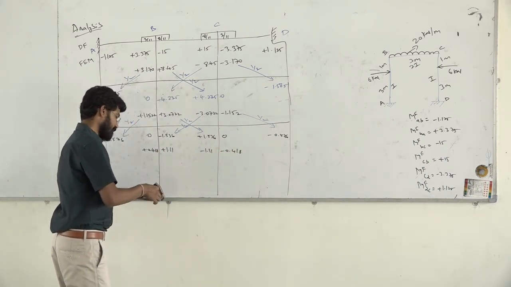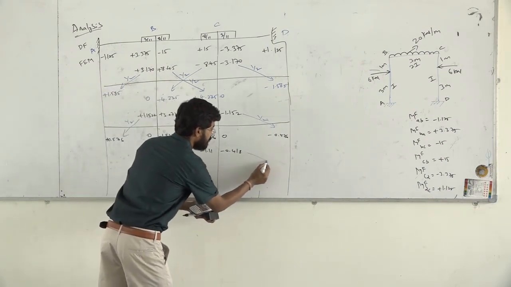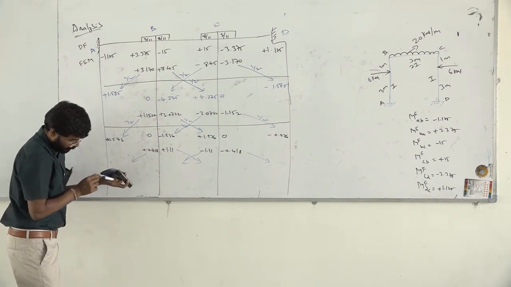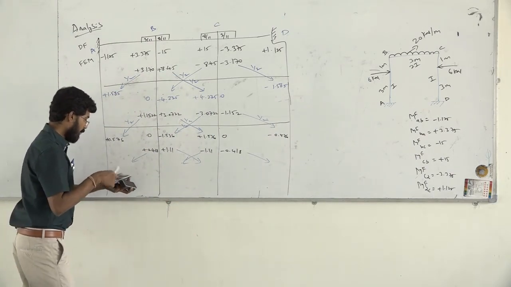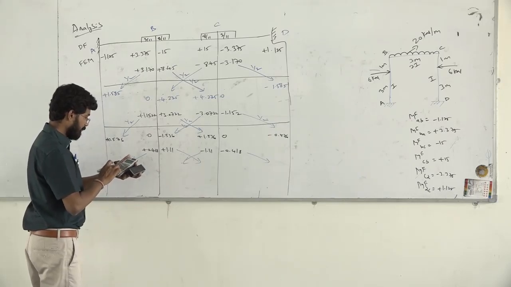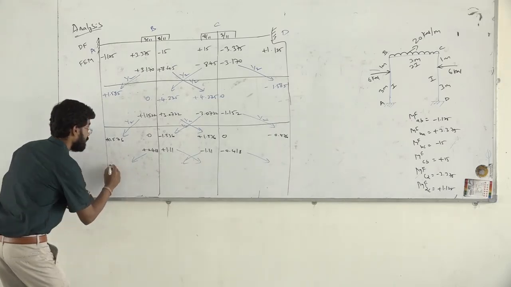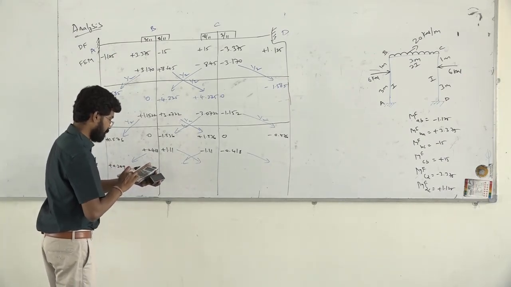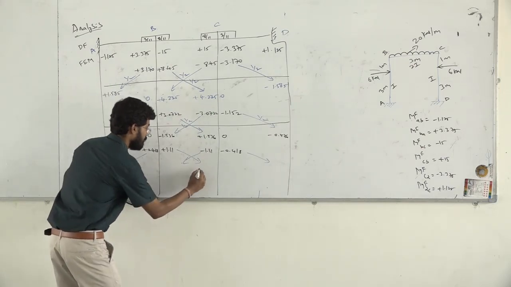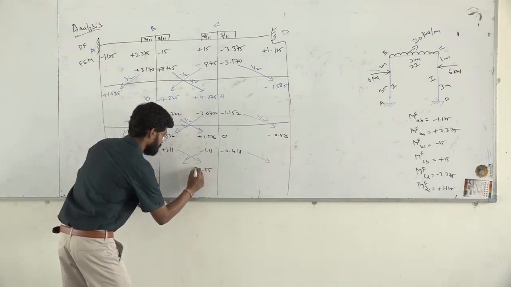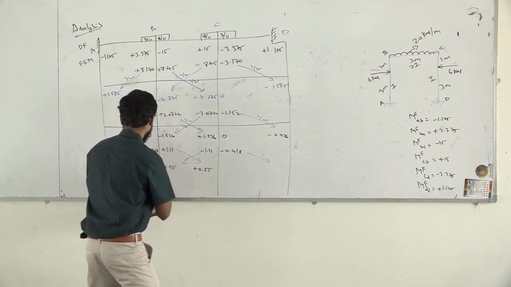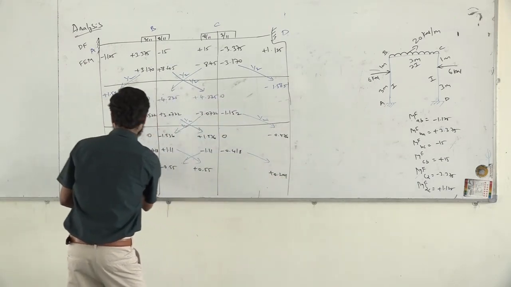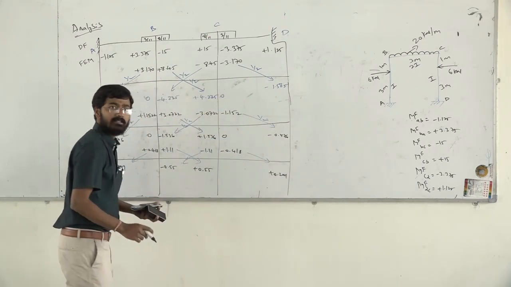Now we have to distribute it on both the sides. Distribute this one here, distribute this one here, distribute this one here, again distribute this one here. Now if you distribute those values, how much will we get? 0.418 divided by 2, we will get plus 0.209. Here also 1.11 divided by 2, we have got 0.55, this is plus, this is minus 0.55. Here again we have plus 0.209. Now this is our step 3.